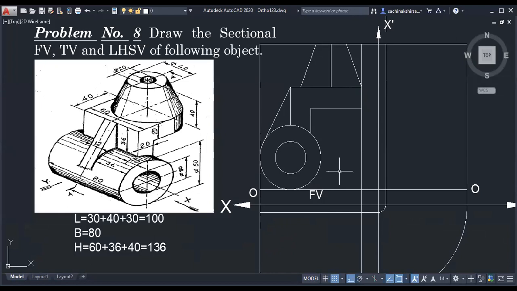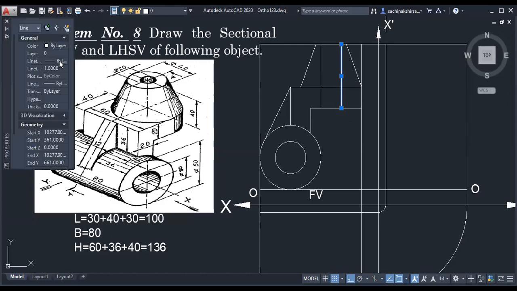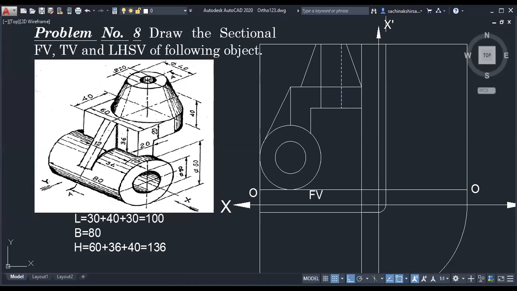And tell me, what is its diameter or radius? That throughout hole. 20 diameter. 20 diameter or radius? 10. Radius 10. So that hole, it will come something like this. And it will be dotted or dark? Dotted. It will be dotted. So here I will show it as a dotted again. Okay, so it will be dotted.